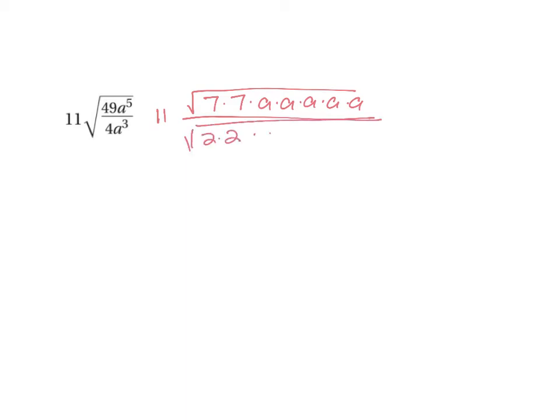I'm going to leave 11 hanging out front. I'm going to stretch the numerator, so we have 7 times 7 times, and then there's 5 A's. In the denominator, we'll have 2 times 2, and then 3 A's. So in this case, we're going to cancel what we can of the numerator and the denominator. So I can't cancel the 7s or the 2s, but I am going to cancel